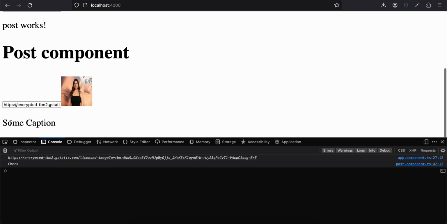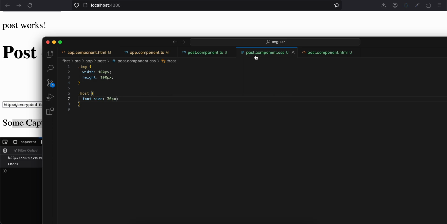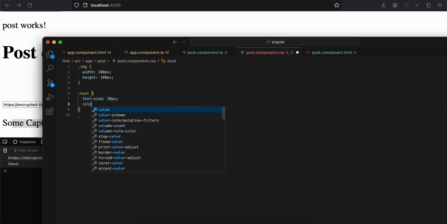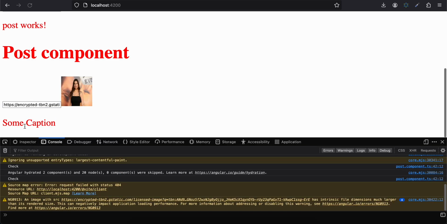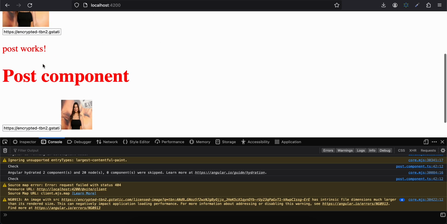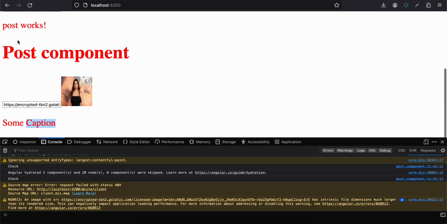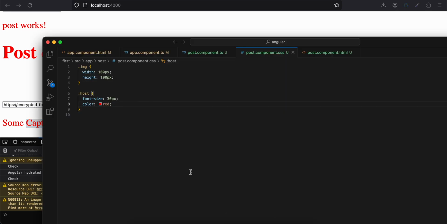Now suppose I want to style this some caption, but this is part of post component.html, right? So what you will have to do is, there is a specific CSS selector called :host. Then you can change whatever you want. So suppose I set the color as red, here you can see it has turned red, and everything turns red because it is part of the post component. So yeah, next